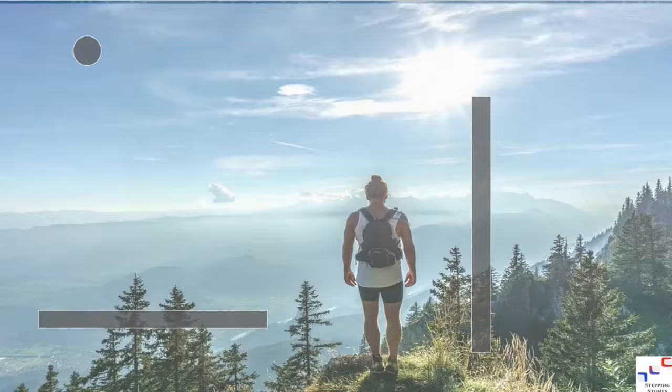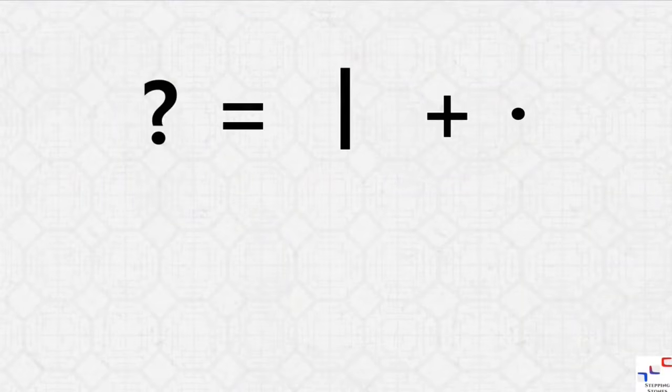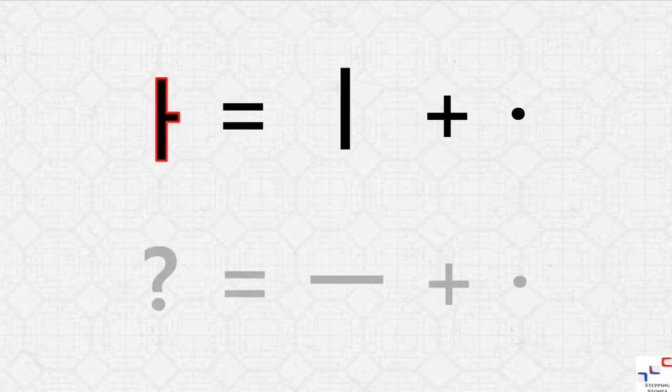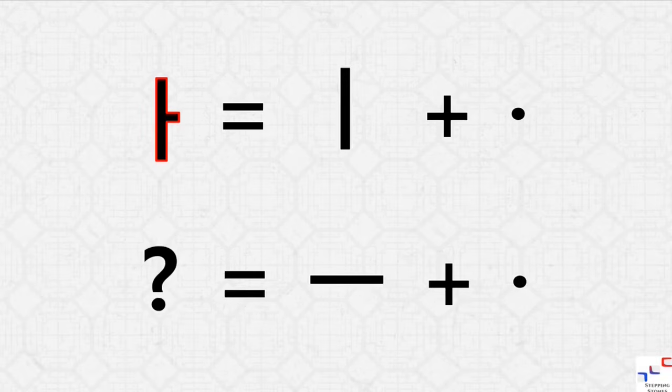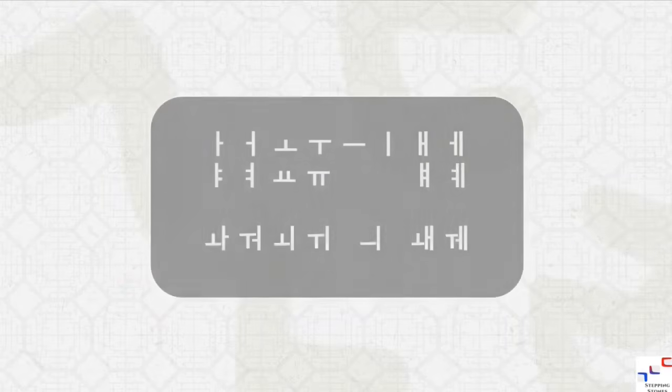We also learned how vowels are formed using these three components. When vertical dash is attached with dot on the right side, it becomes vowel ah. What would happen when dot is attached under the horizontal dash? It becomes vowel u. Combining dot and dashes in a variety of ways is how all of Korean vowels are made.